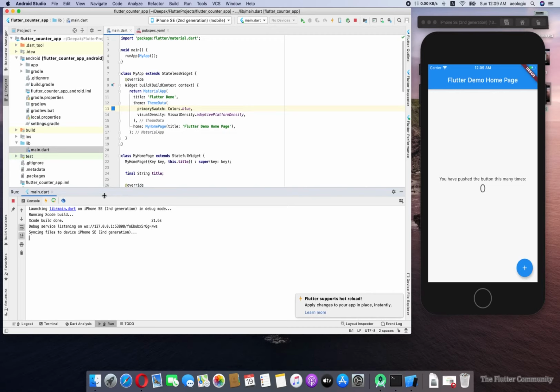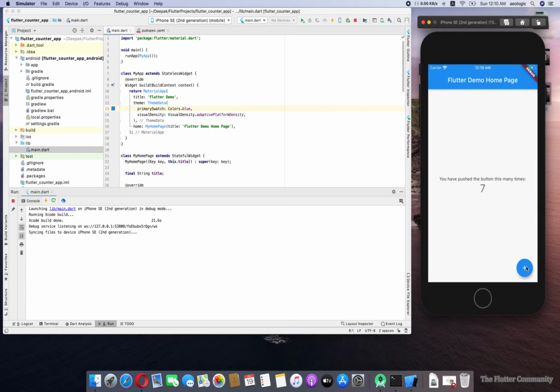That is the power of hot reload given by Flutter. Earlier, this feature was given by React Native, and the same feature was adopted by Flutter. So you can find the same feature in React Native also. Now our application is running here. This is the counter application. We have one floating action button, and one text for printing the count value. I'm pressing the floating action button. Now the value is increasing one by one.